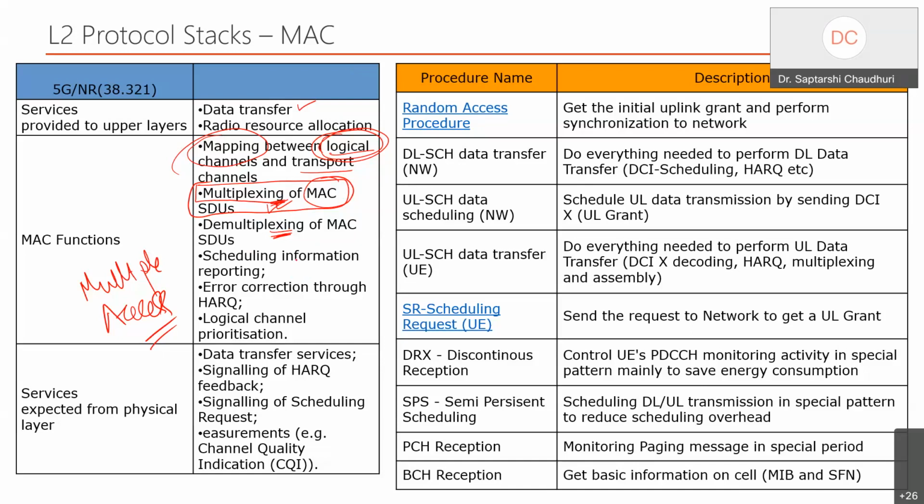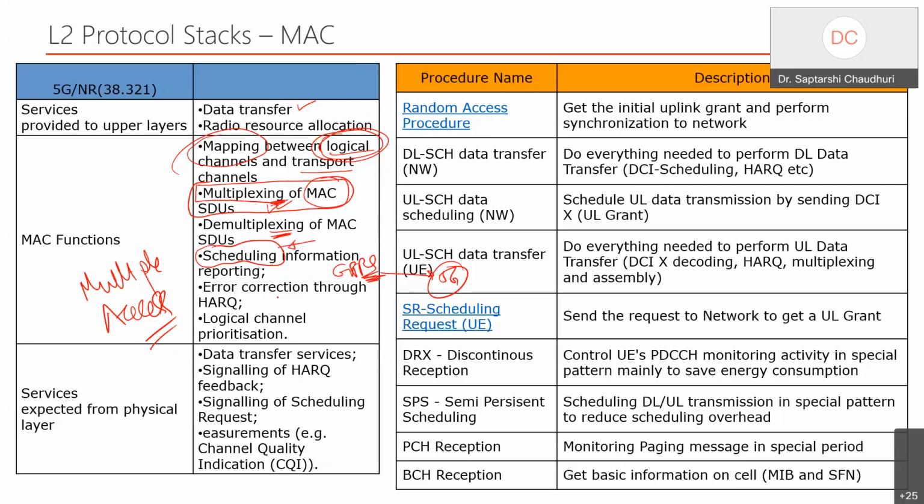Then the biggest important thing it does is the scheduler. From the GPRS days till now, till 5G, thousands and thousands of papers have been written on this innovation. A lot of PhDs have churned out their work just focusing on this entity called the scheduler.